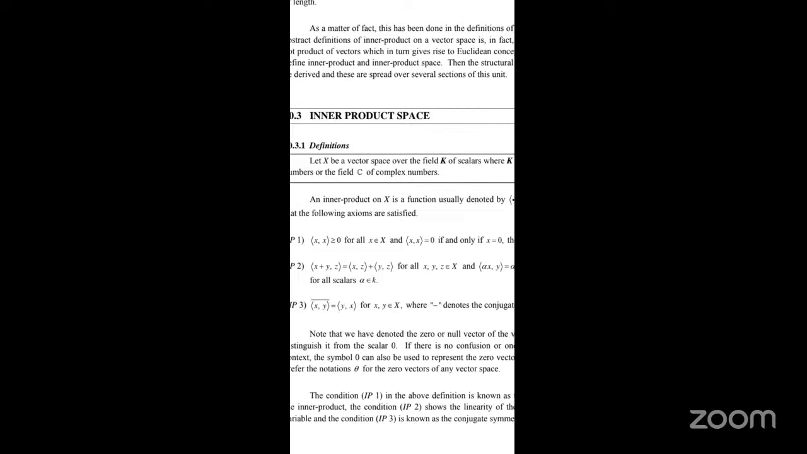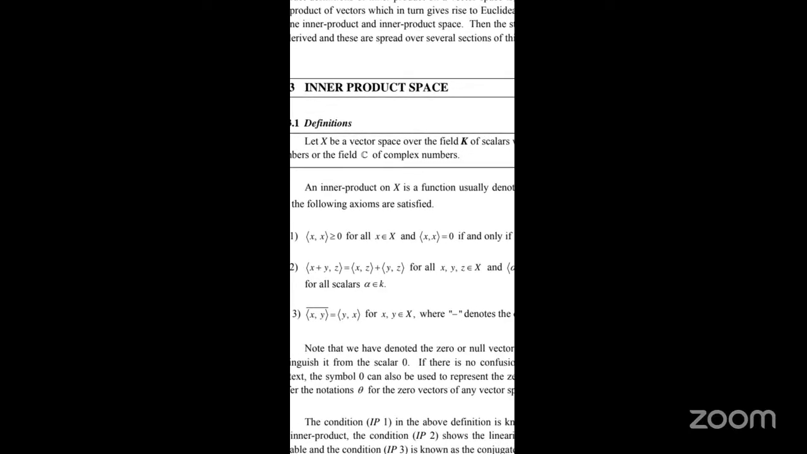Now here, first of all, you have to define the inner product. We are taking the inner product on capital X, which is a function. It is denoted by angle brackets, that is, the product lies between less than and greater than. That is the representation of the inner product. So the product is taken in this inner region, and that is why it is called